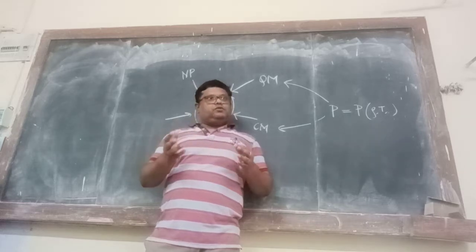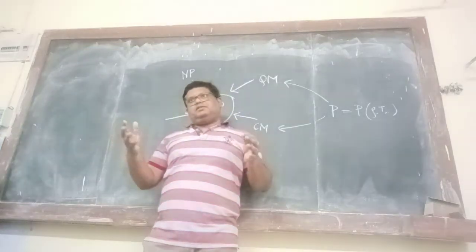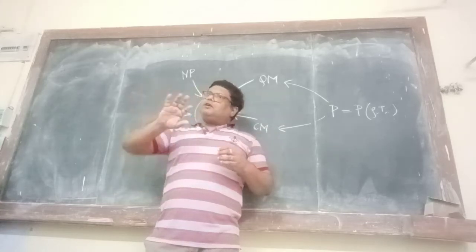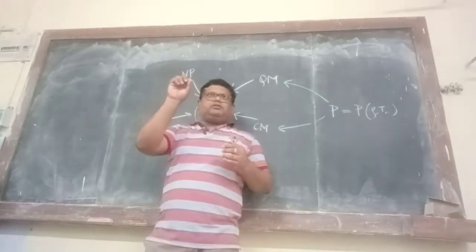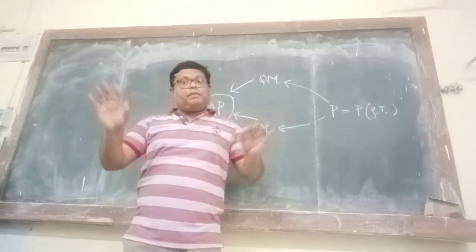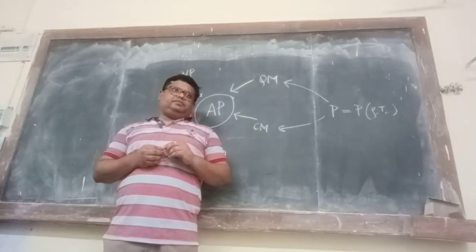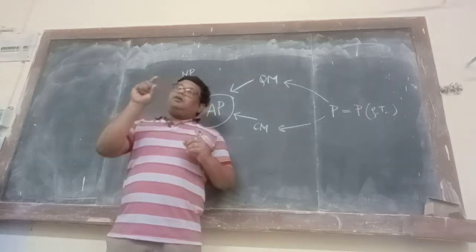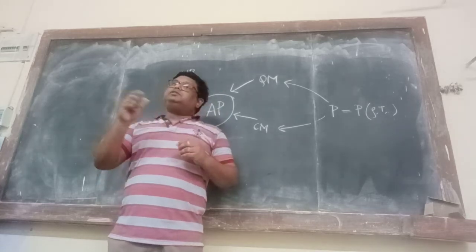There are many possibilities. One is that after the industrial revolution, there are many chemical processes during which such byproducts are produced, right? But let us now keep aside those byproducts and ask, suppose this carbon dioxide is not a part of any man-made activity. So the question is, how was it formed? Now inside the carbon dioxide you have carbon and oxygen, right? How was carbon formed? How was oxygen formed?